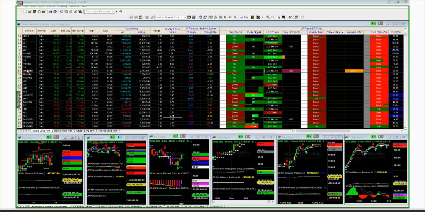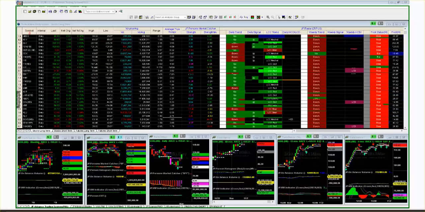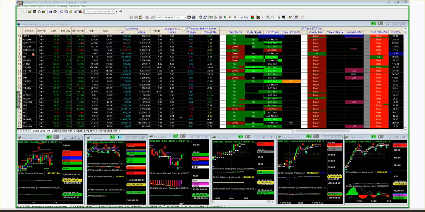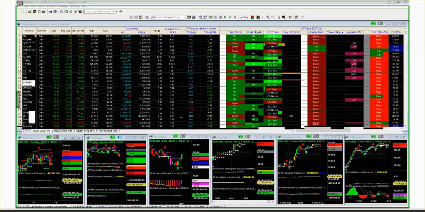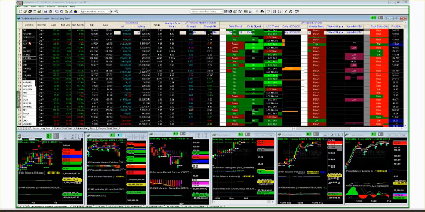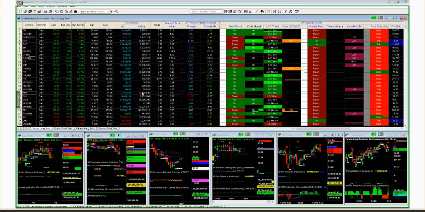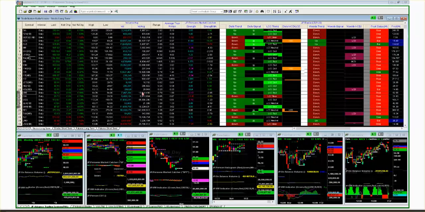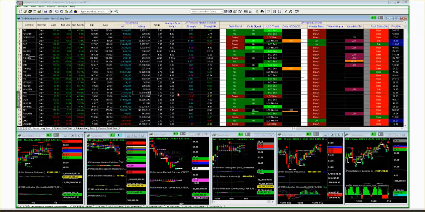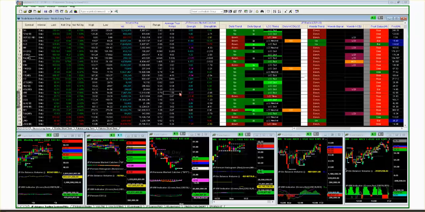Maybe it's the KRE, the regional bank sector. That would be a reasonable thought process. So the question is, if you go up here and double-click on your symbol list and go down to KRE, you'd say, oh, look at that, 13 million in the last 10 days. Oh, that's got some volume. It's a $54 stock. It's got a $1.50 range. So it doesn't have the kind of components that you would want to build and put a lot of effort into a trading system, because it's not showing a lot of consistent volatility or returns.